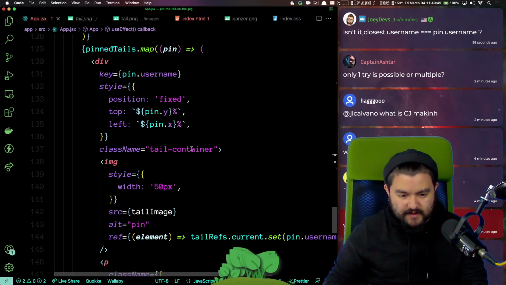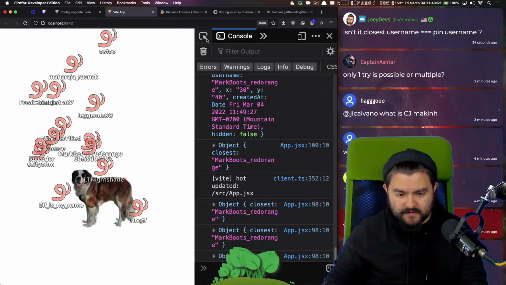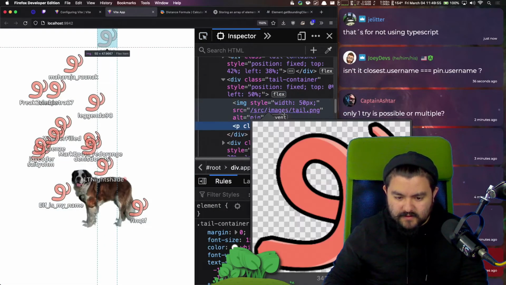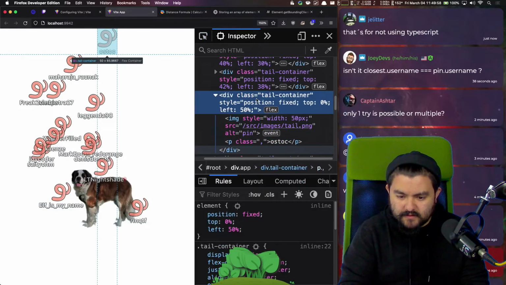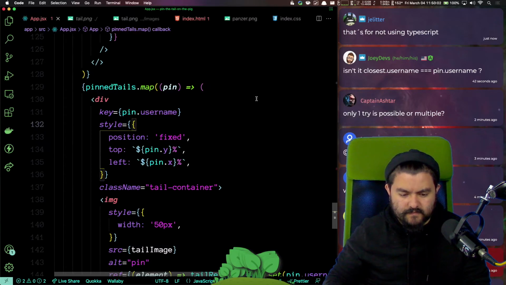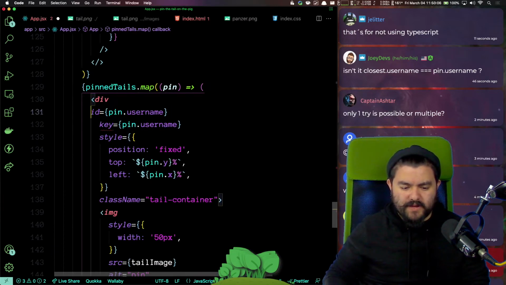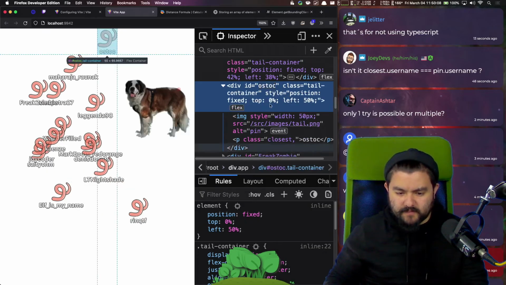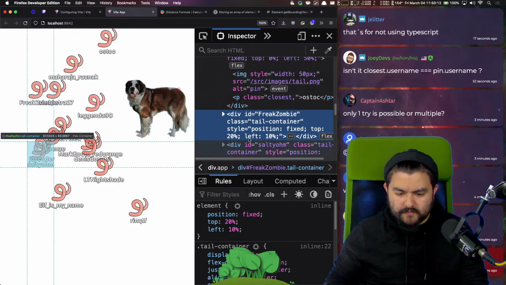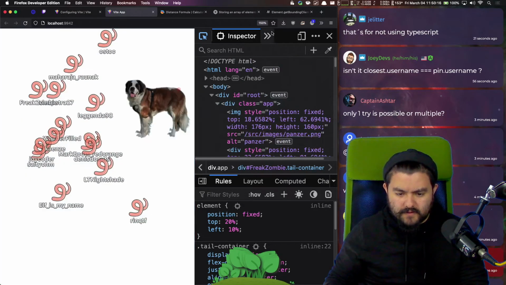I guess if we look at the key of the div, let's also set the ID. Like pin.username should be the right thing, right? Yeah, look at that.